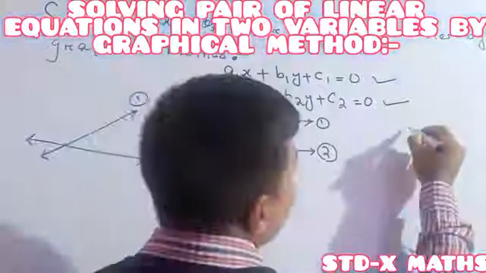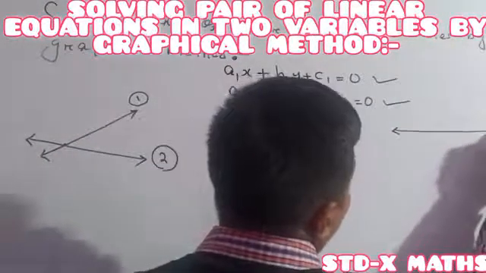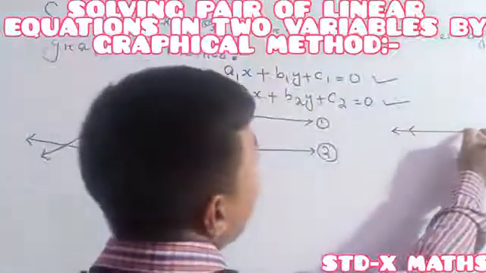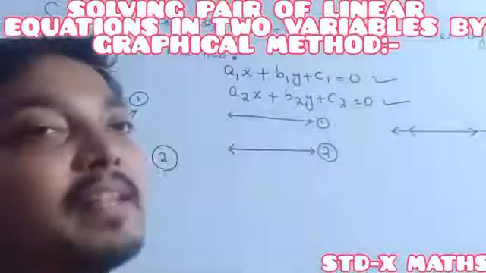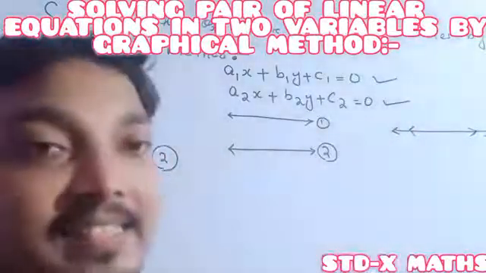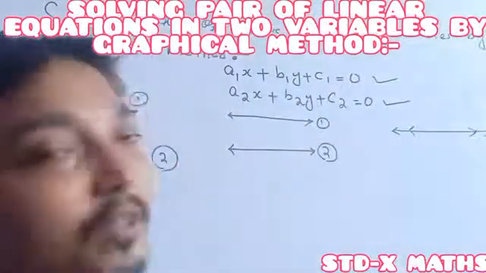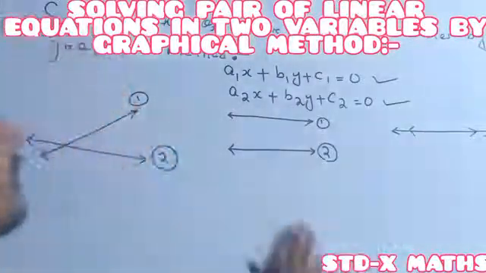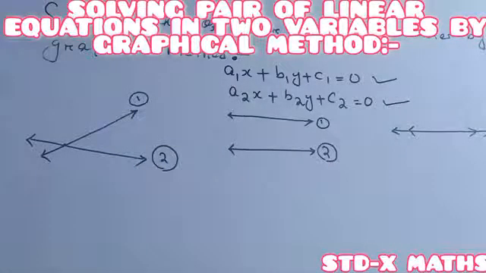The last possibility is, suppose this is the graphical representation of the first linear equation and the other graphical representation will be just like this. It means both linear equations represent the same line. Otherwise, both lines coincide, meaning both represent a single line, or both lie on a single line. So for this one it is coincidence. This one will never intersect with one another. This one intersects at a point.